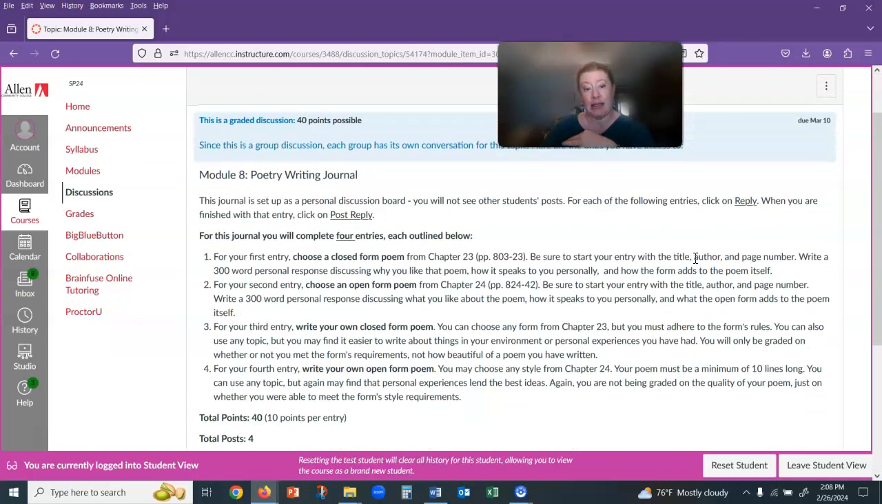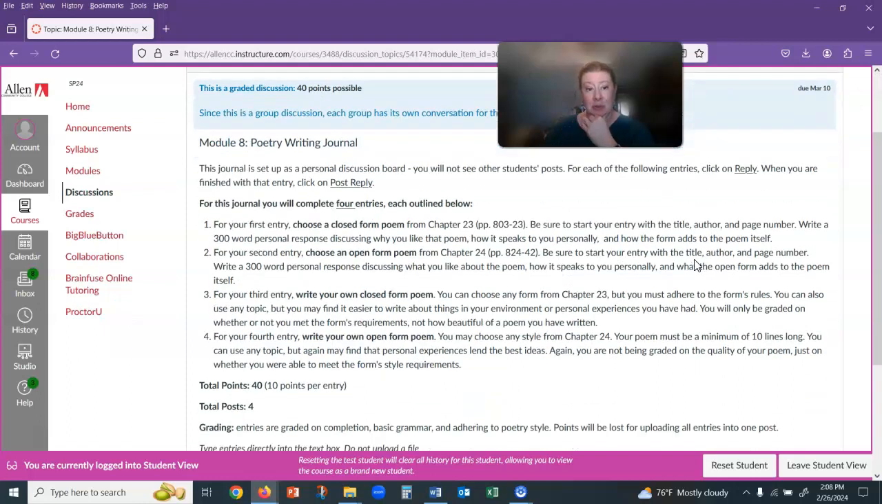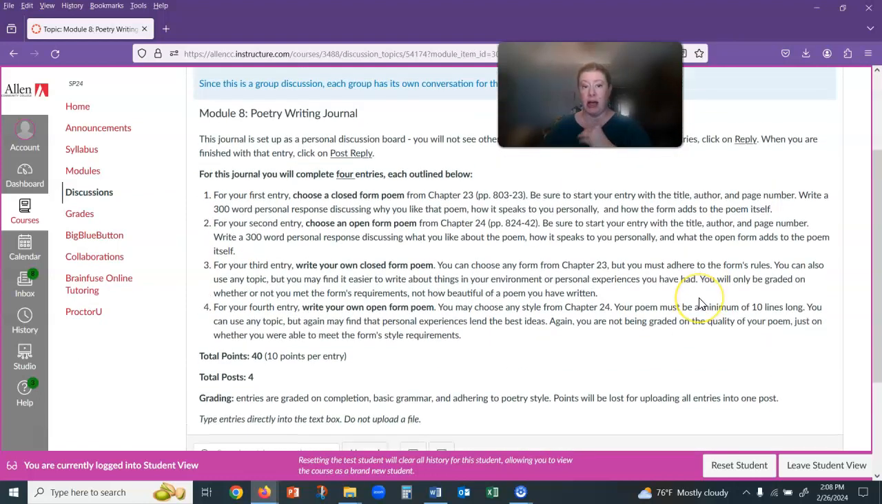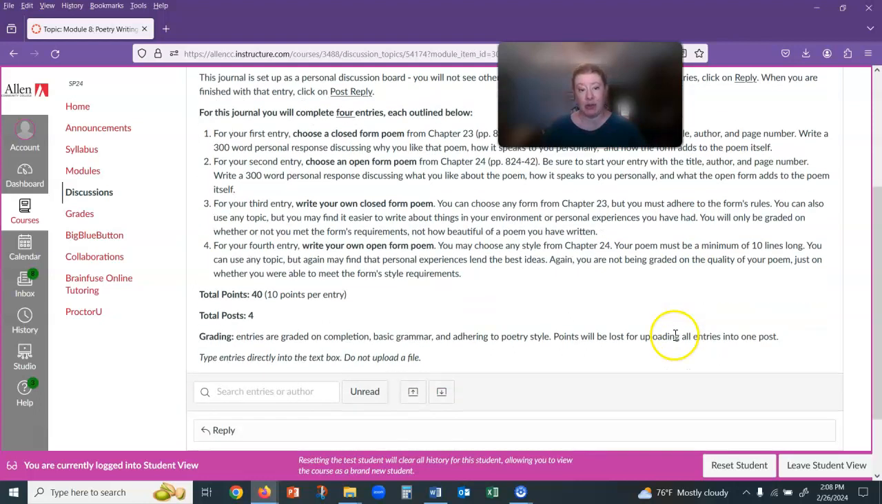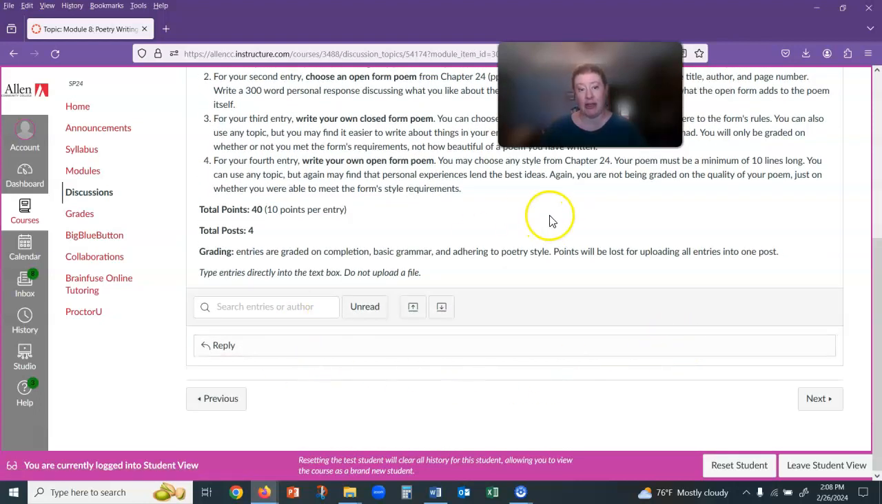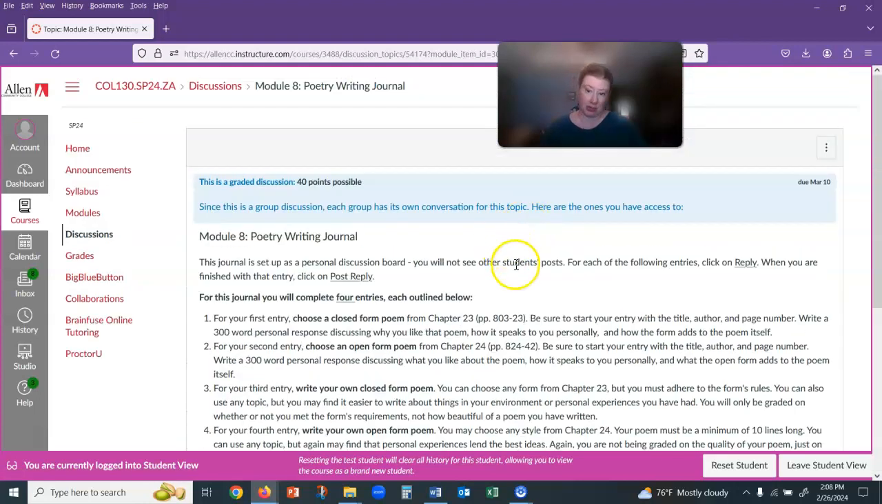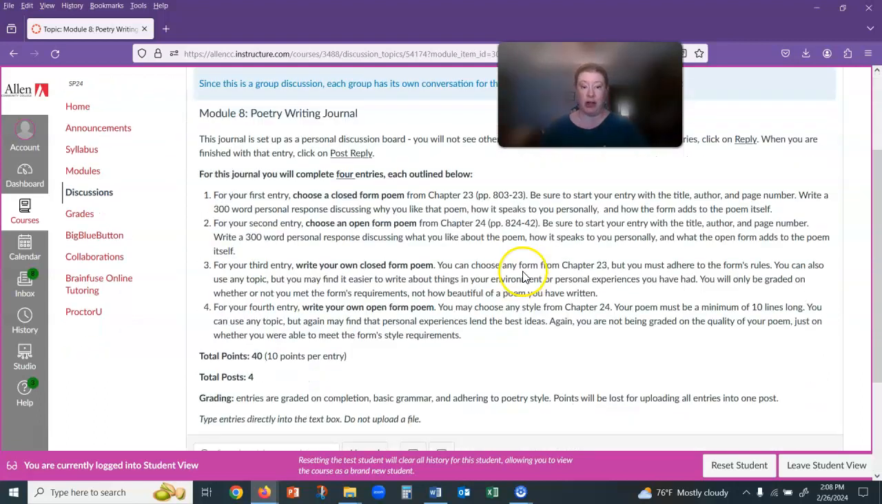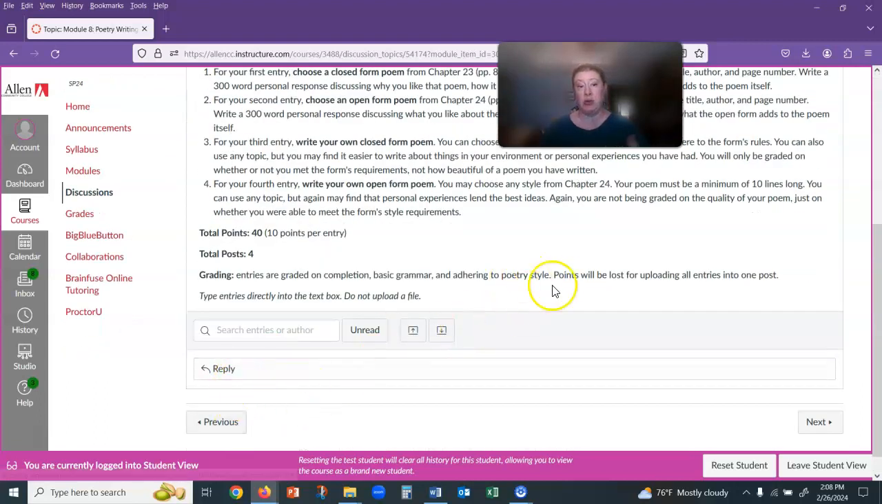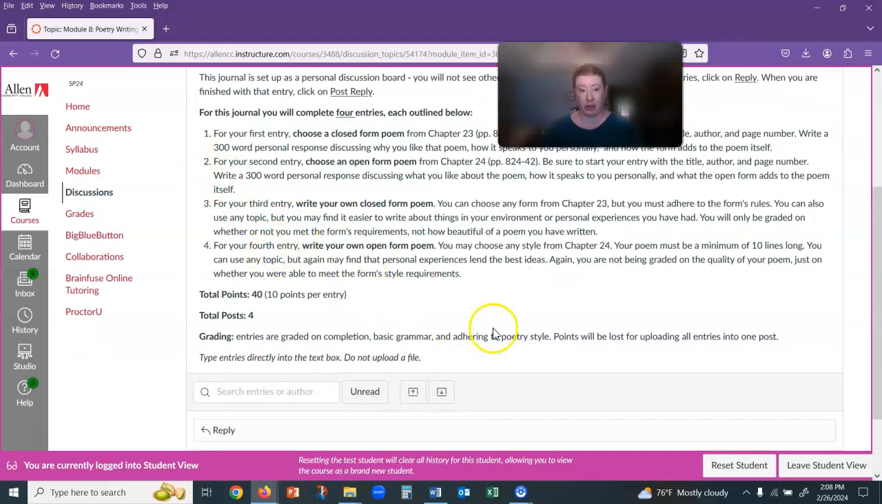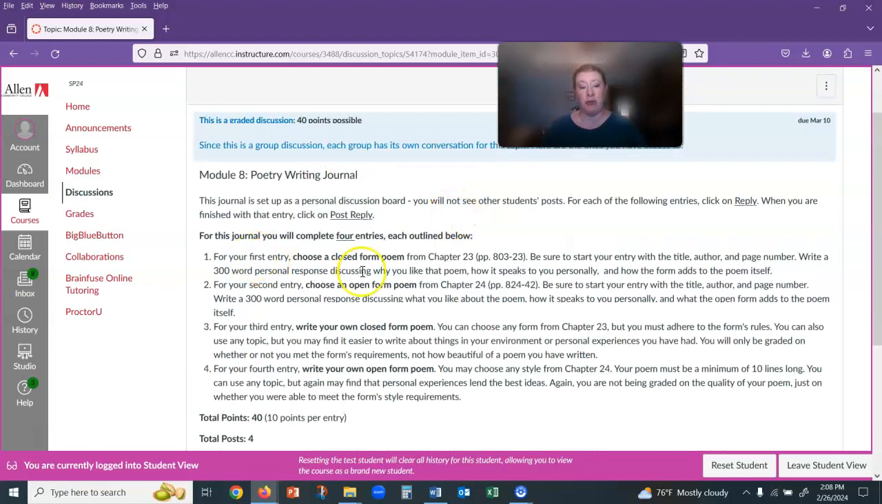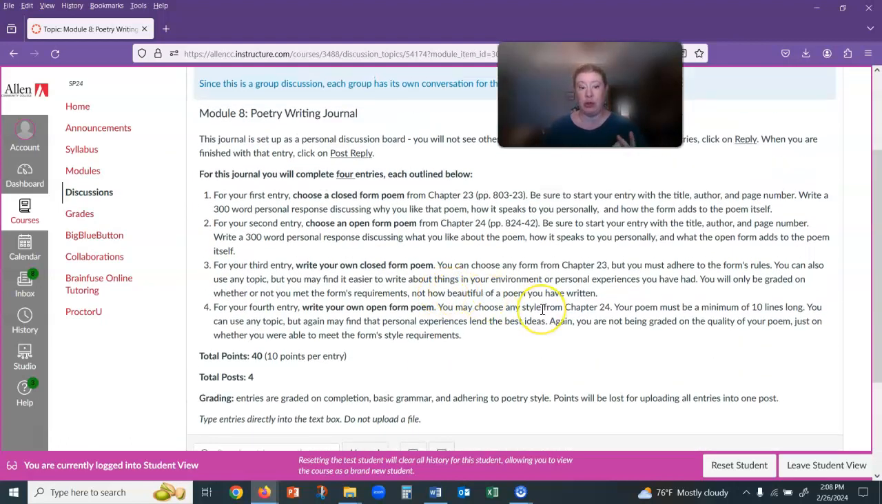And then the writing assignment in this module is to complete a journal. This is a lot more personal type writing as opposed to more formal essay writing. In this case, we're doing a journal. A journal assignment is basically a personal discussion board. It's set up where you will create a new reply for each of the 4 entries. For each of the 4 entries, you're going to do 2 related to closed form and 2 related to